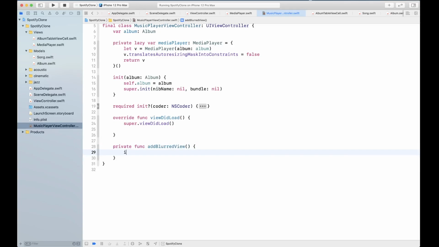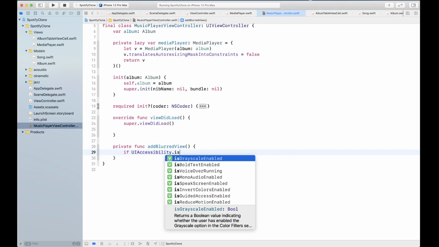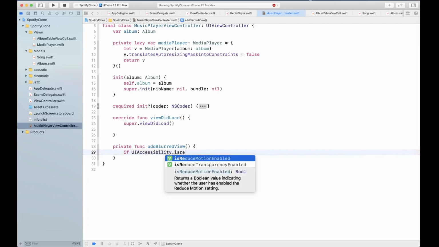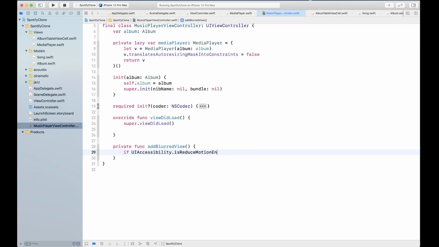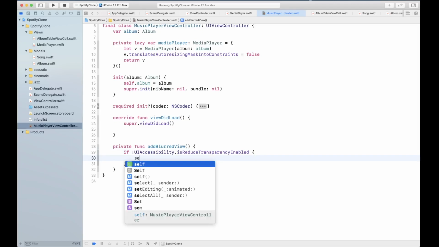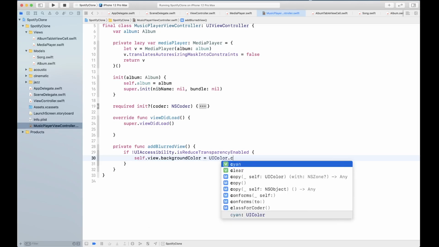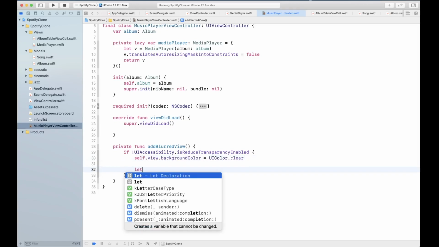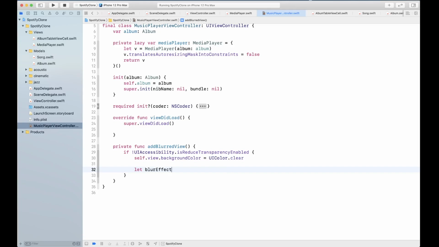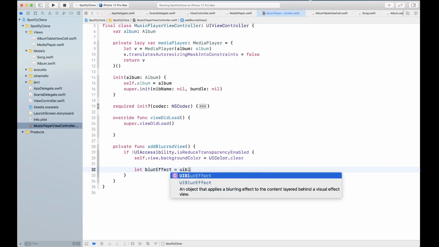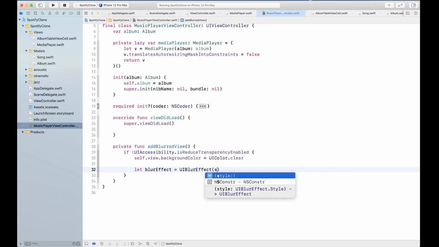Okay, and we're going to first check UI accessibility to make sure that reduce transparency is enabled. If it's not enabled, then only we're going to set this. So if not UIAccessibility.isReduceTransparencyEnabled, if this is not true, then only we're going to say self.view.background is equal to UIColor.clear, and then we're going to create our blur effect, UIBlurEffect with style